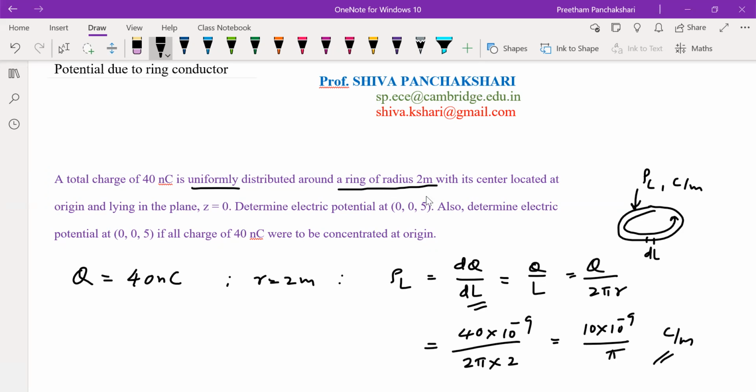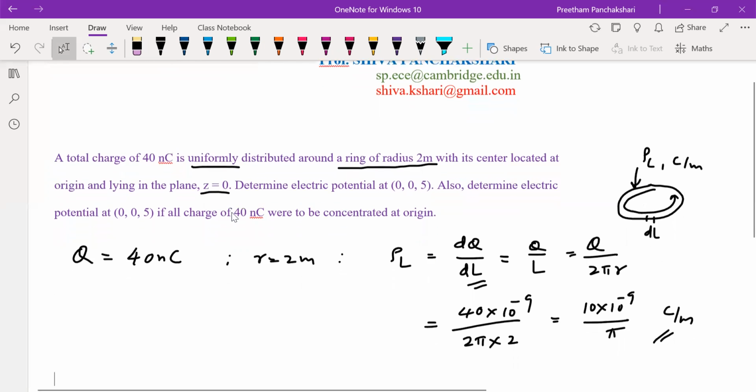Next, the total charge is distributed around the ring of radius 2 meters with its center located at the origin and lying in the plane z equal to 0. Z equal to 0 means the ring is held perpendicular to the z axis. So the z axis of the coordinate system is the axis of the ring. We can understand this statement